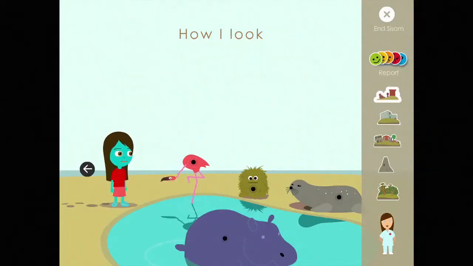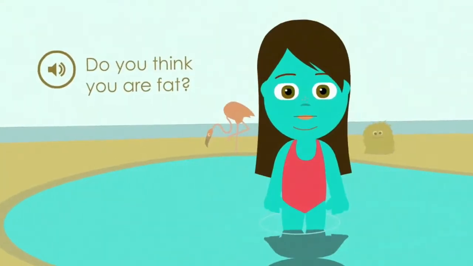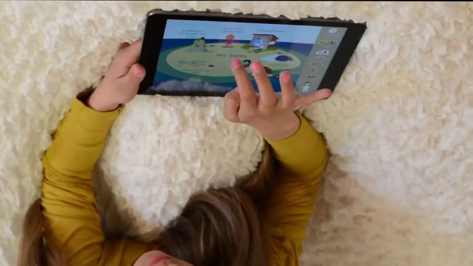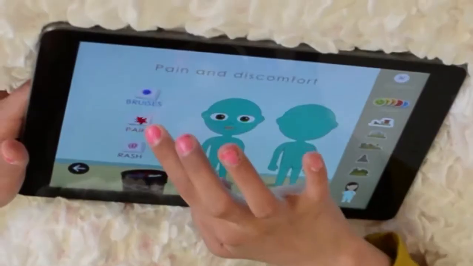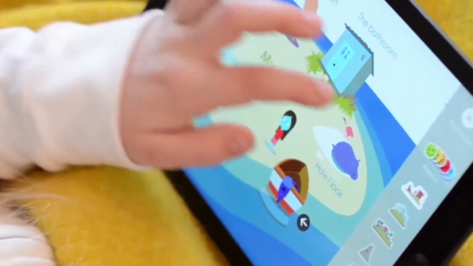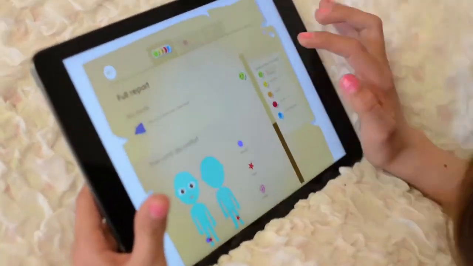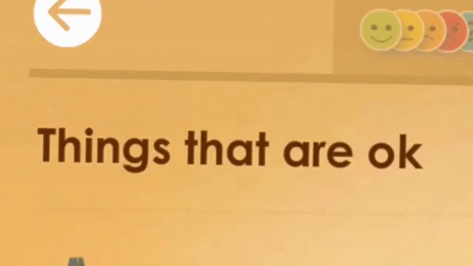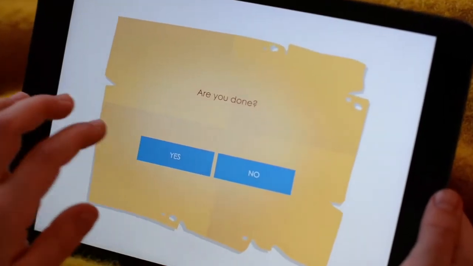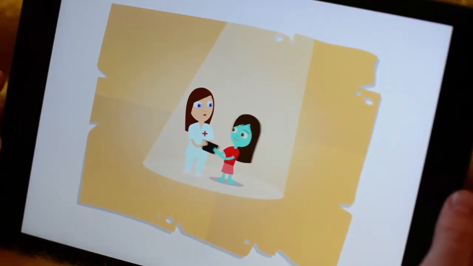How I look. Show where you have pain or discomfort. You can see all your answers. Are you done? Please give CSOM to the nurse.